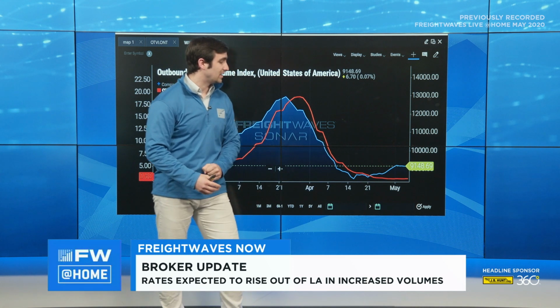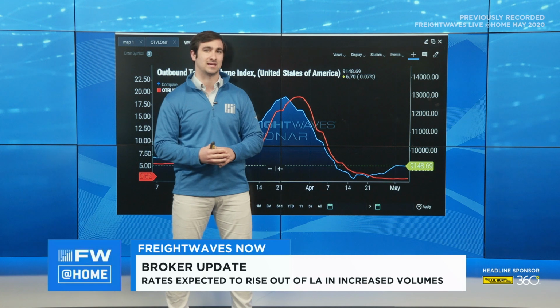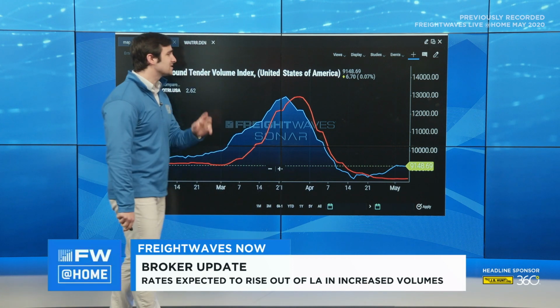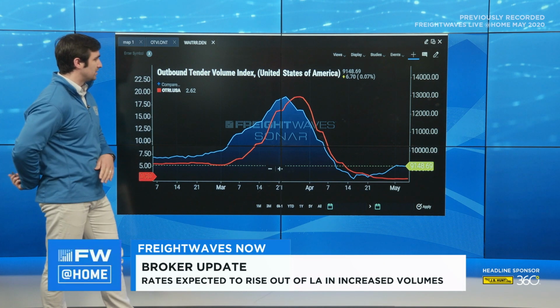The orange line, on the other hand, is just tender rejections. Again, very small uptick day over day, nothing to get excited about, but the good news is it's not sliding any further. This next chart that we'll look at here is the reefer market, which is going to tell us,